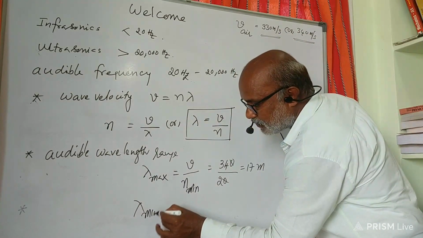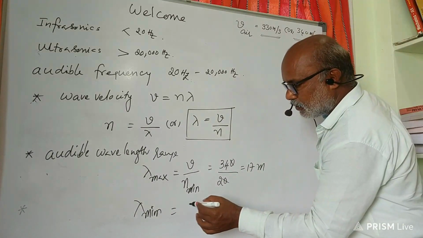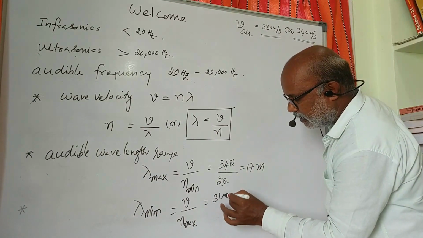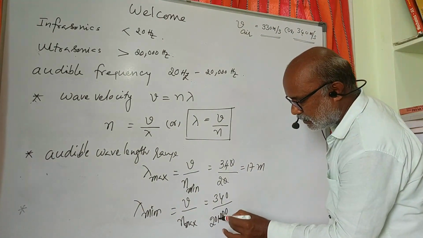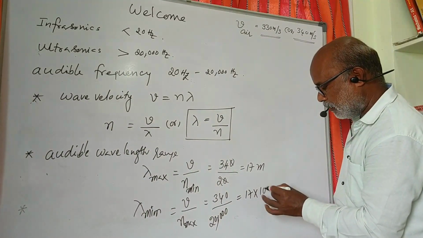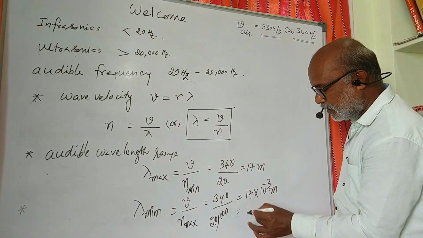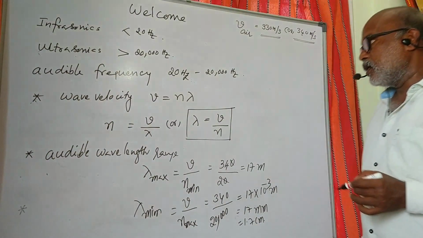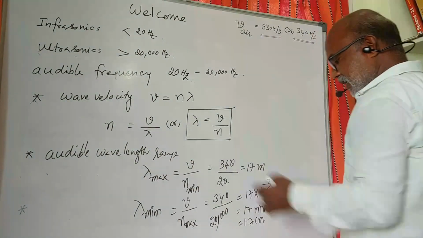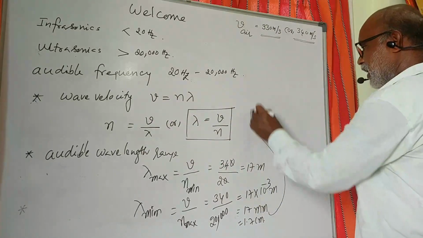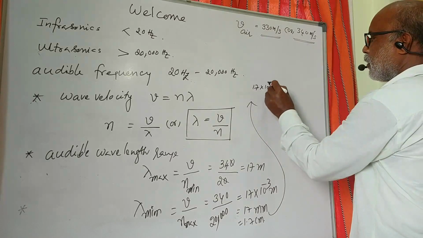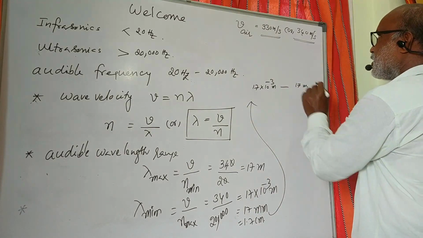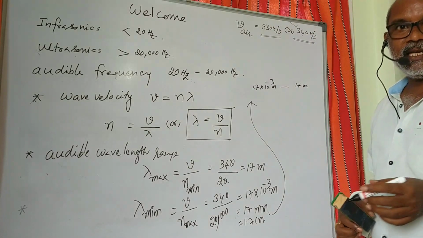Similarly, the minimum wavelength of sound can be calculated by substituting the maximum frequency here. Therefore, it is 340 by 20,000. If you calculate this, you will get about 17 × 10^-3 meters, which is equivalent to 17 mm, or 1.7 centimeters. So the wavelength range is also important. The audible wavelength range, we can finally write, is from 17 × 10^-3 meters, which is the minimum audible wavelength, to the maximum audible wavelength, nearly about 17 meters,